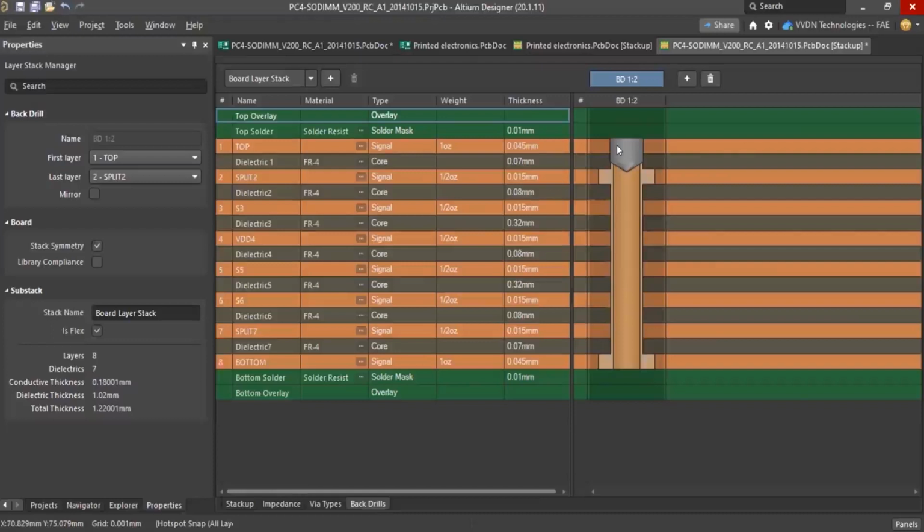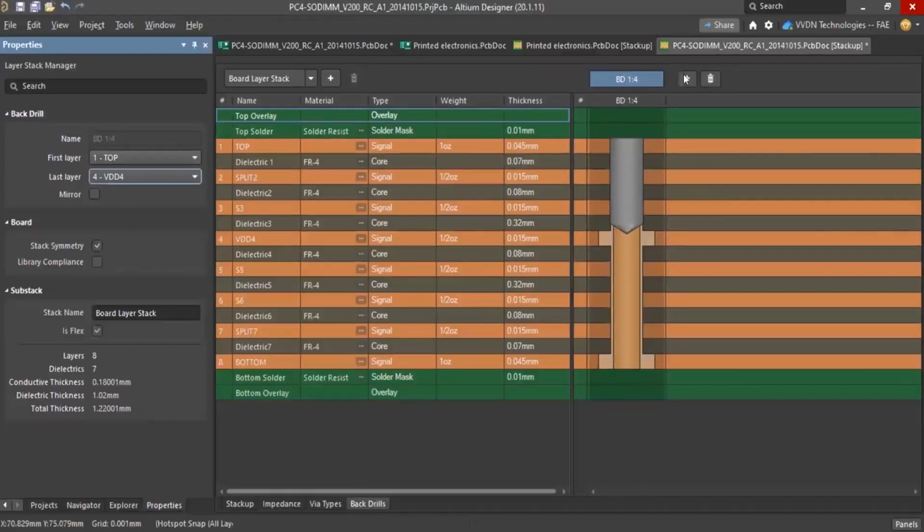Okay, so there is a do not cut layer, and suppose 8 layers are there. Here itself I'll show you. Suppose I want to remove this for 1 to 4, meaning I have used this signal from bottom to this 5th layer. So this 5th to 4th layer is a do not cut layer. I have to leave this, so the rest all should be removed. So I can define that here itself in the back drill, and this back drill pair can be used in your design rule. I'll show you that.